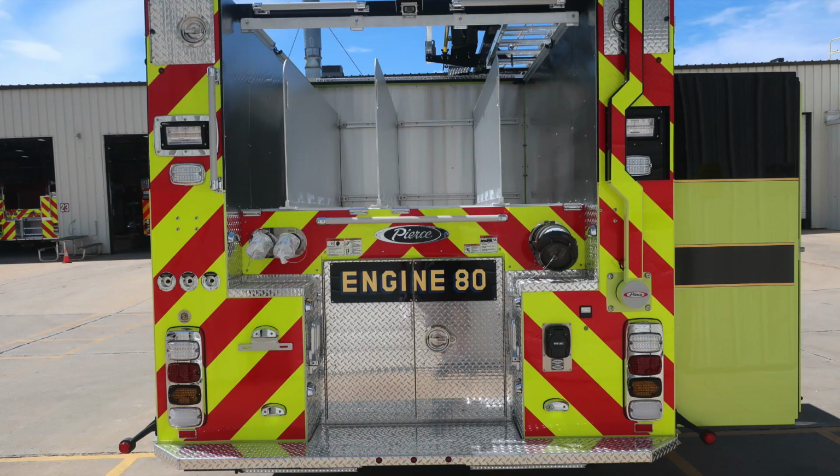Let's go ahead and move to the rear of the apparatus. We'll start down in the lower corner. This is where you'll find the clearance marker light. It's on a rubber arm. As we move just inside of that location, you'll find the tail lights housing an emergency light, brake light, turn, and a reverse light. Moving up from that location, you'll find a rear-facing emergency warning light, and then further up,